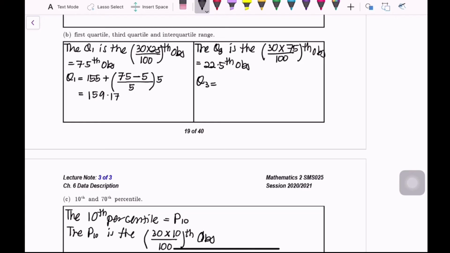Substitute into the formula, Q3 is equal to 170 as the lower boundary for the Q3 class, plus 22.5 minus the cumulative frequency before Q3, which is 22, over the frequency for class Q3, which is 4, times C, which is 5. So Q3 is equal to